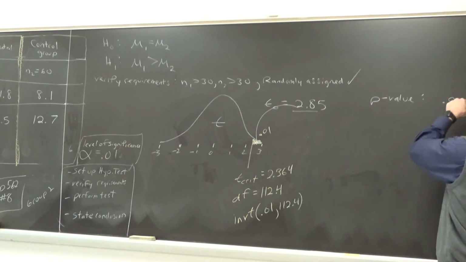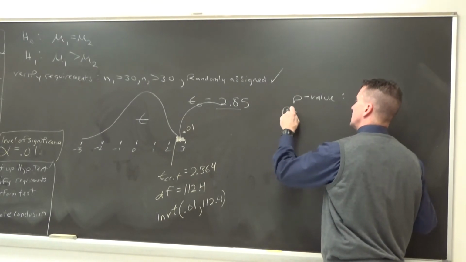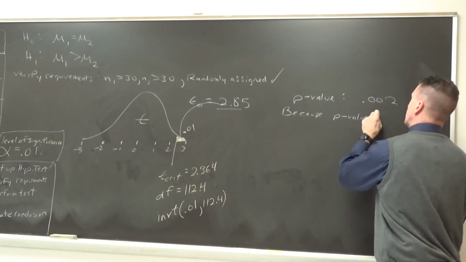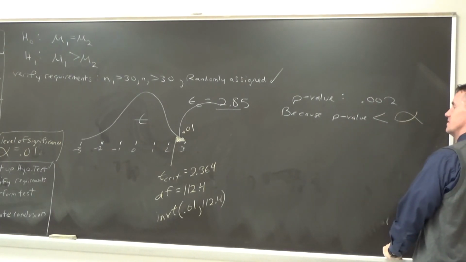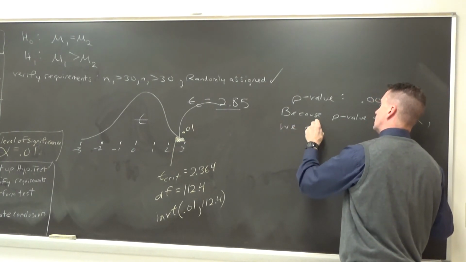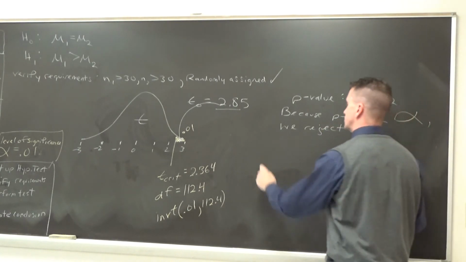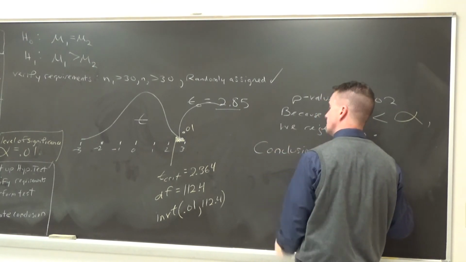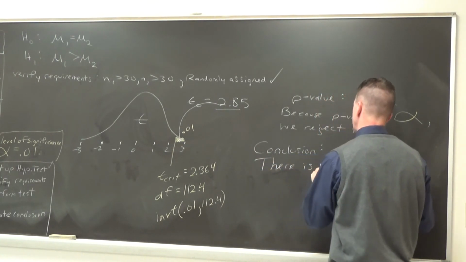This p-value is lower than the alpha level. Because the p-value is lower than the alpha level, what are we doing in reference to the null? Rejected. We reject the null hypothesis. So my concluding statement: is there evidence? Yes. There is sufficient evidence